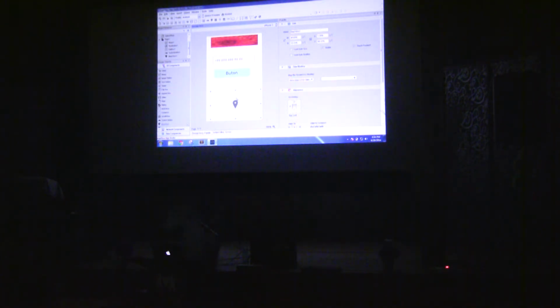For example, let me ask you a question here. I put a map view component into the design area, and I say it will perfectly fit and work for all Android and iOS devices. That's why I'll ask you some questions. Which map component will work? Google Maps or iOS Maps?